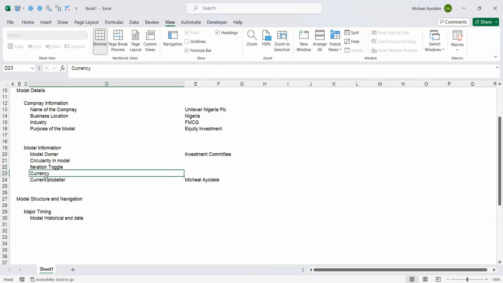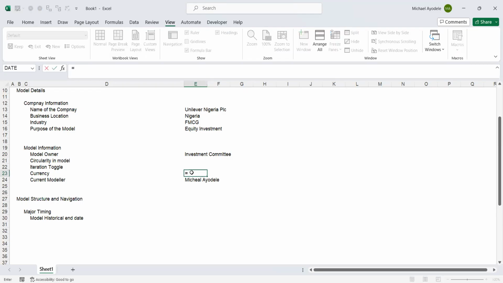Okay, currency, yes, because the company is in Nigeria, and in Nigeria, we spend naira, right? So we have to have a Nigeria currency here, so just press equals to. Everything has code. So you have to use the code here, say equals to. You want to use the naira sign here. Do you understand? Okay, and to do that, you can say equals to